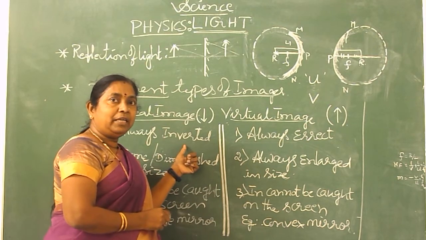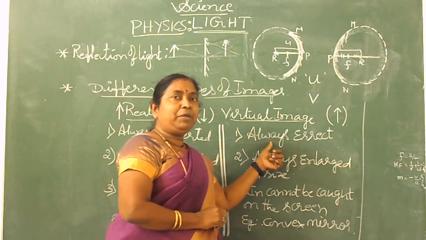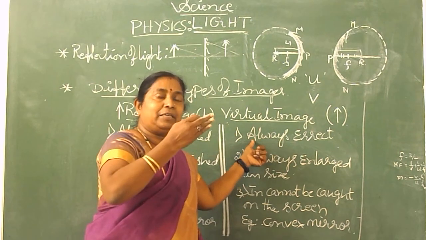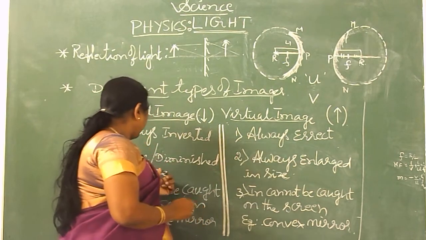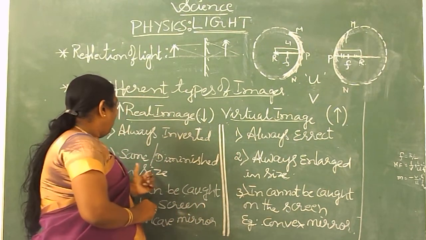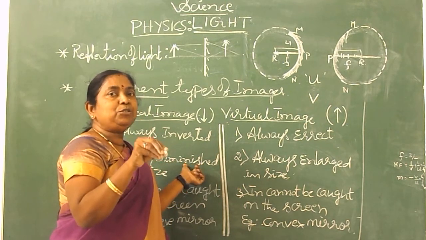You observe this in the concave mirror. But in the convex mirror, we can see it is always erect. Erect means in the same direction as the object. Whereas the second difference you observe is whatever the size you keep in front of the real image to identify,